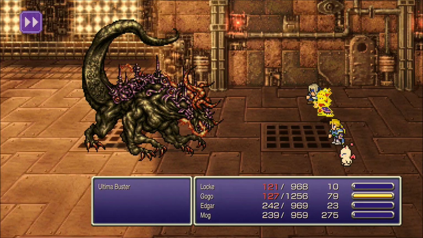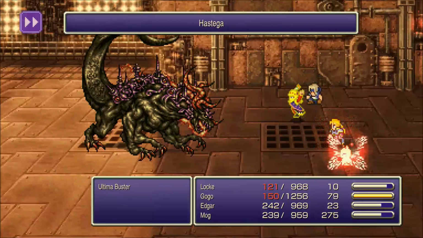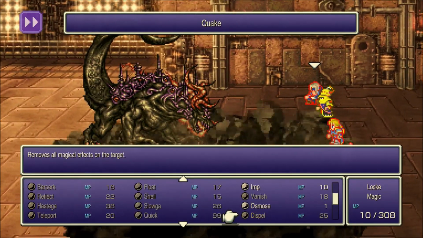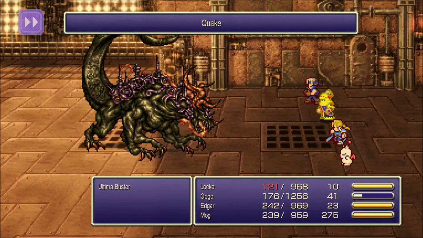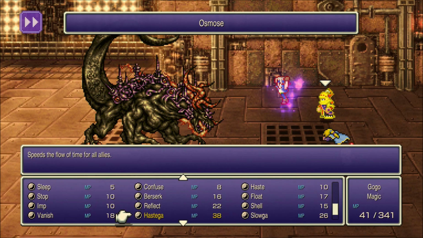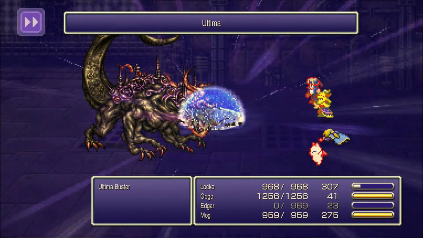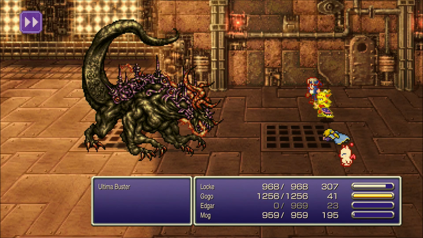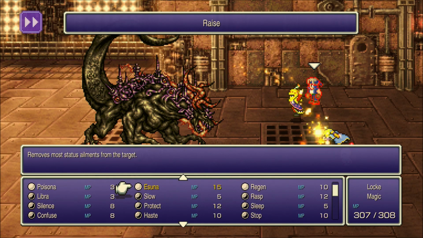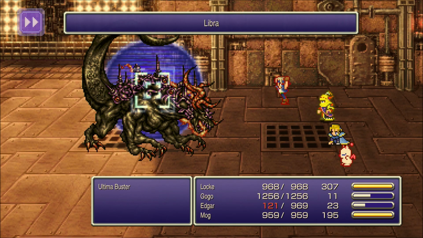And then here we're gonna use haste, or we'll get everybody sped back up. Quake. So it would have been a good idea to have, oh, I did have a couple of people, looked like Locke and Mog still had Gaia gear on, which yeah, that's a good idea too. Have Gaia gear on your characters here for when he does Quake. The other option is to be floating like Gogo is here, but